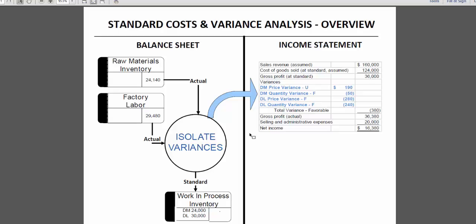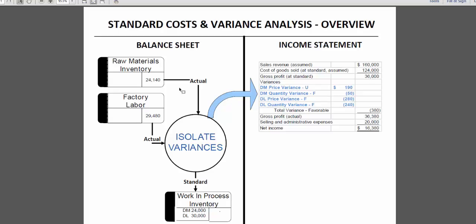So, for example, the purchasing agent may get called on the carpet if there's an unfavorable price variance, or the scheduling person in the factory might get called on the carpet if there's an unfavorable direct labor quantity variance. Similarly, the HR people or the scheduling people might have scheduled people who work for too high a wage rate, or the amount of the materials used by perhaps an inexperienced person working in the factory might have been more than what we wanted. So there are all kinds of reasons why we can have price and quantity variances in